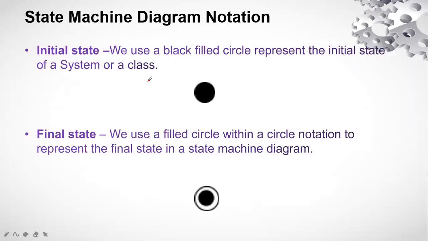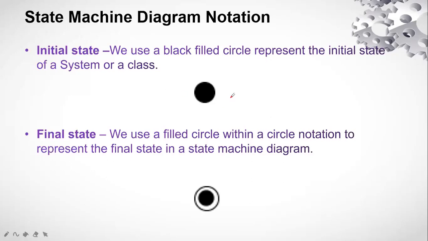Now, next thing is, we need to understand the notations of any diagram which we study. So we are going to see what notations there are in the state machine diagram. First of all, it is the initial state. How are we going to show the initial state? Just remember that the earlier lecture I took was on the activity diagram, so it is somewhat similar to the activity diagram. The notations are somewhat similar, but there is a change between the state machine diagram and the activity diagram that we saw earlier.